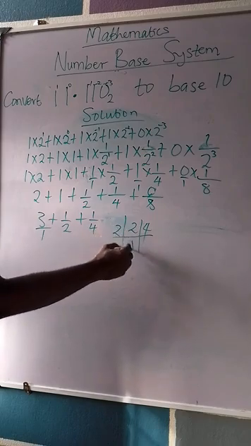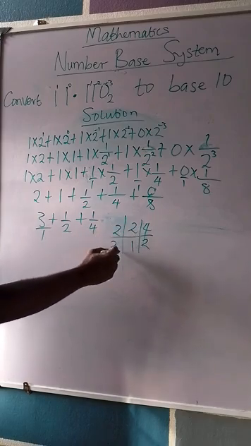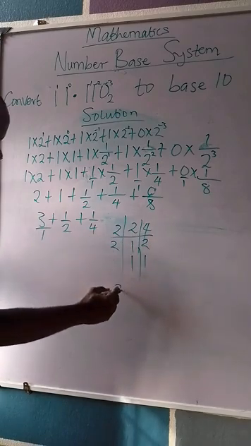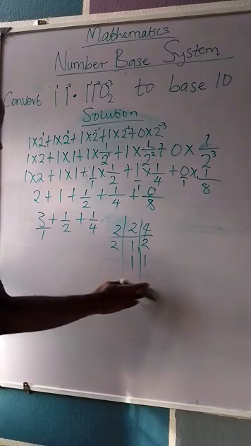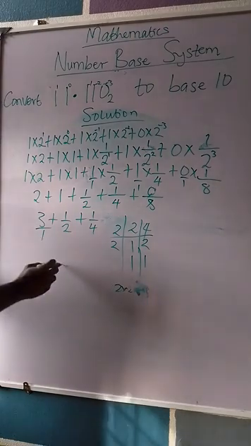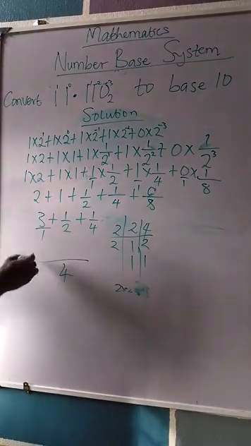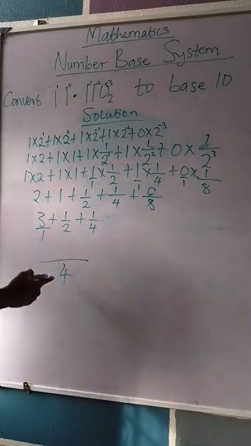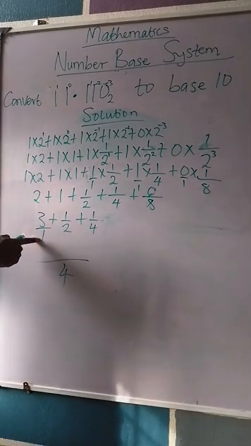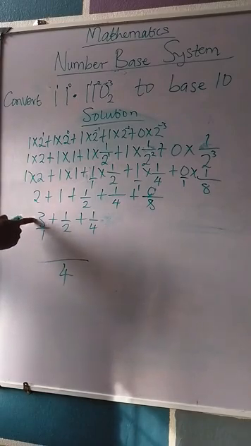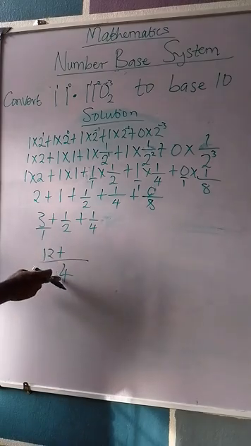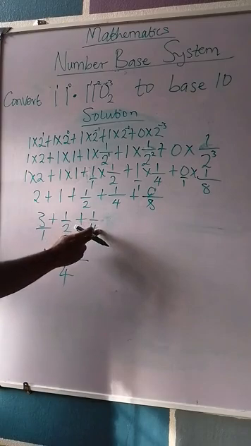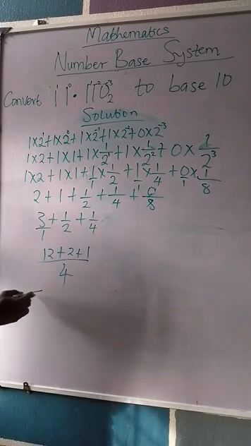The smallest factor is 2. 2 goes into 2 is 1. 2 goes into 4 is 2. So you have 2 again. 2 goes into 2 is 1. So you have 1. So 2 times 2 is equal to 4. So we have 4 as our LCM. What am I supposed to do next? Just simplify: this divided by this is 4. 4 times 3 is 12, plus this divided by 2 is 2. 2 times 1 is 2, plus 4 divided by 4 is 1. 1 times 1 is 1. So that gives me equals to